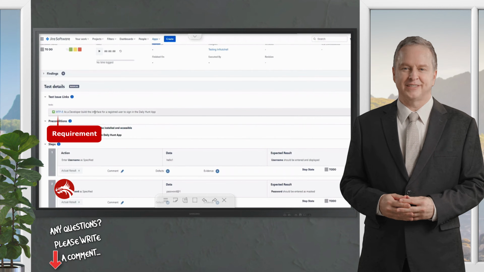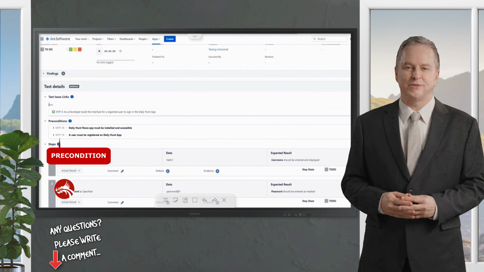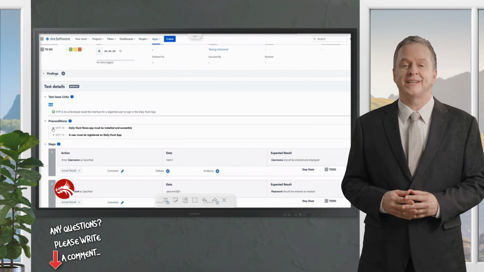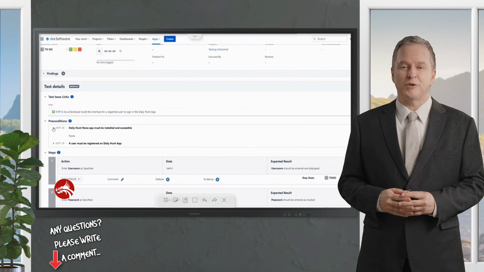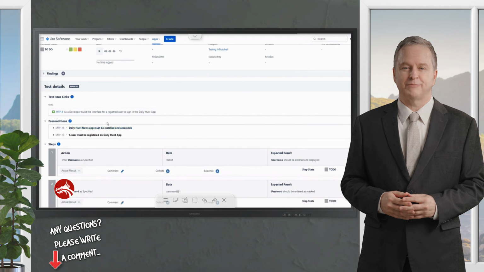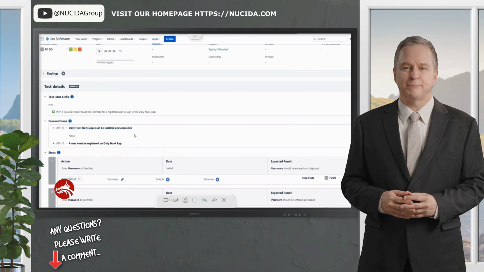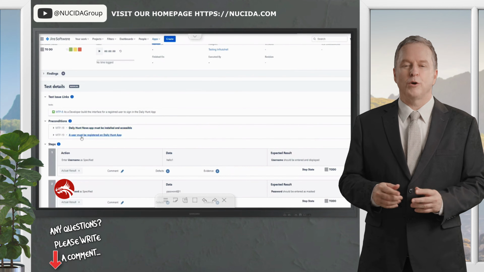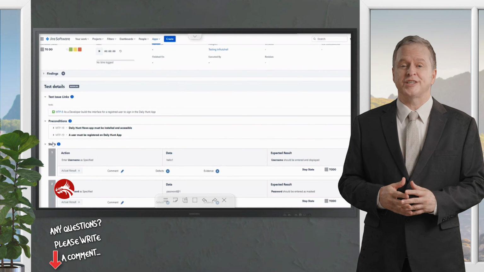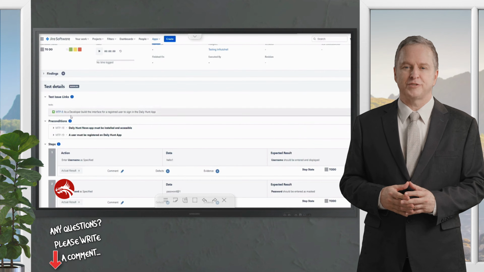So, it's testing this requirement, and we have two preconditions, which is to install the Daily Hand News app and make sure that you're registered. So, assume that you have fulfilled these criteria, then proceed to step 3. If you have not, then fulfill these criteria and then proceed to step 3. So, all the steps are mentioned here, like which requirement, which precondition, and which steps are supposed to be executed